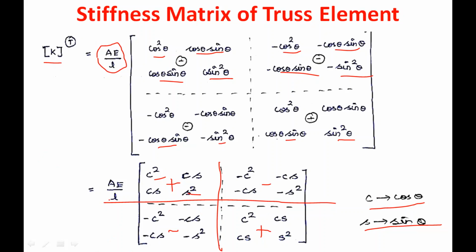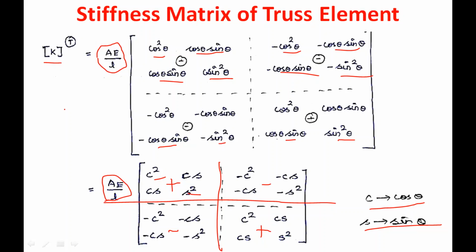What is the stiffness matrix for bar element? It is a 2 by 2 matrix. So you have AE by L times 1, minus 1, minus 1, 1. But in case of truss element, your stiffness matrix is a 4 by 4 matrix. You have to remember this to solve the truss problem.